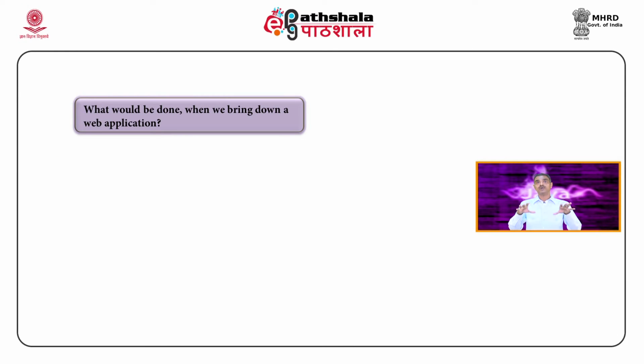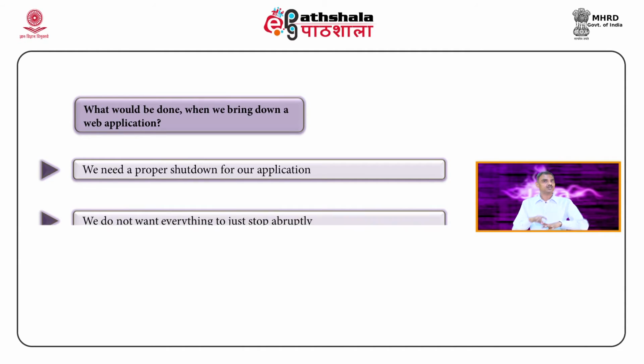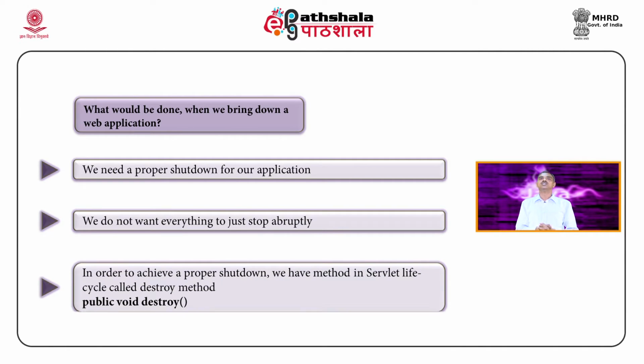We have our components, which were working. These components will have to be shut down properly. There has to be a proper shutdown for our application. When we talk of a proper shutdown, it is not just that abruptly everything has to stop. You have some database connections, you have taken some resources, you may like to release them properly. So, in order to achieve this, we have our final lifecycle method of our servlet